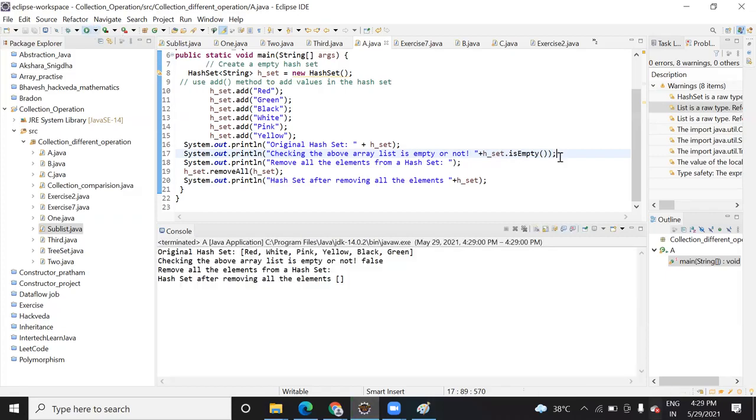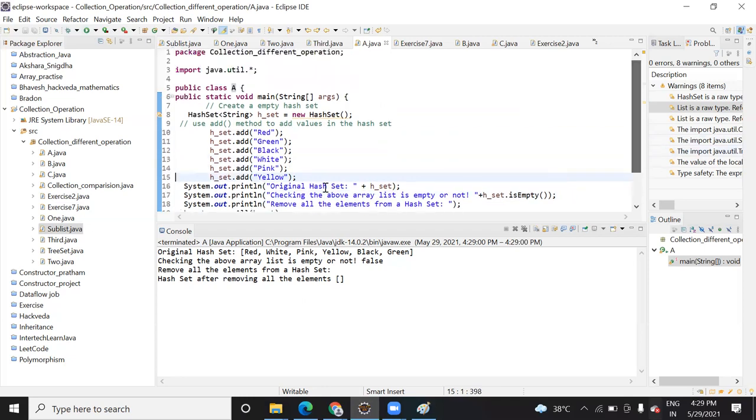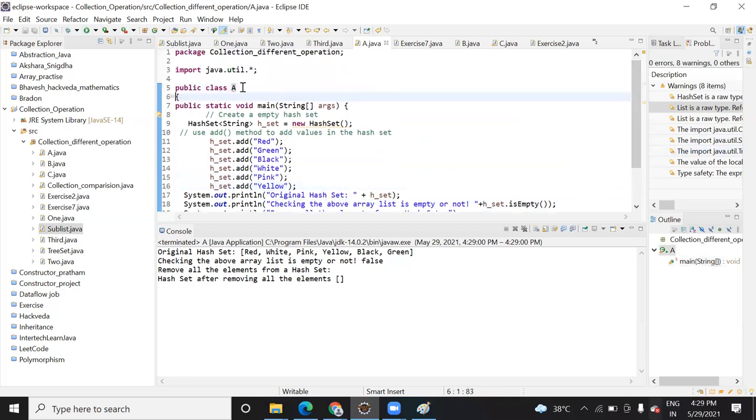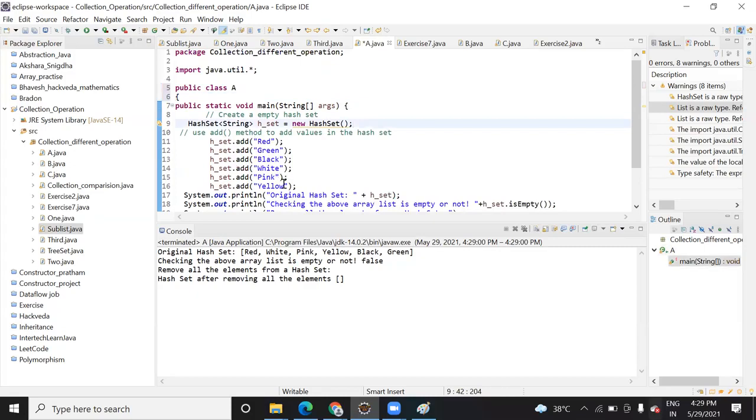So how do we do this? Just like we declare a hash set, and it will hold string data, so I have passed it as string. Inside this hash set, I have added elements. When I print this, it is printing in unordered sequence.